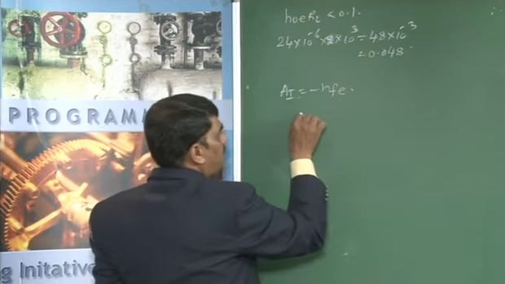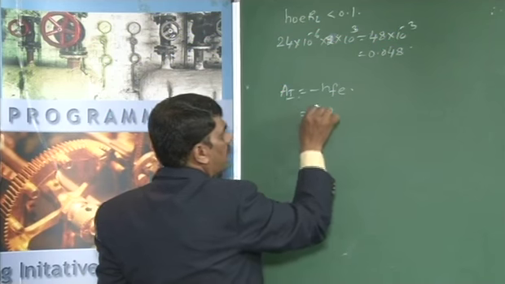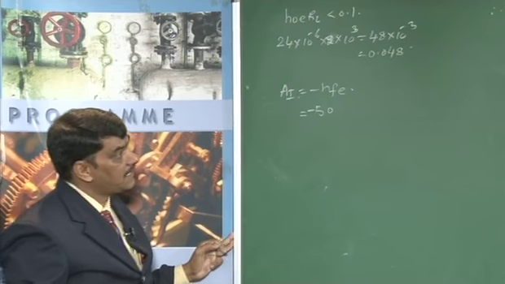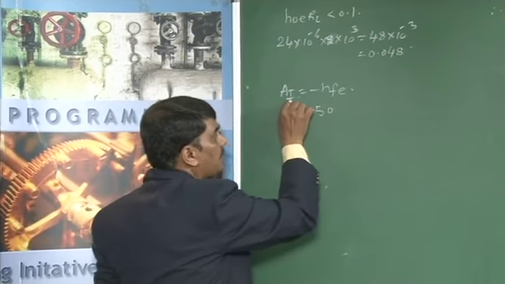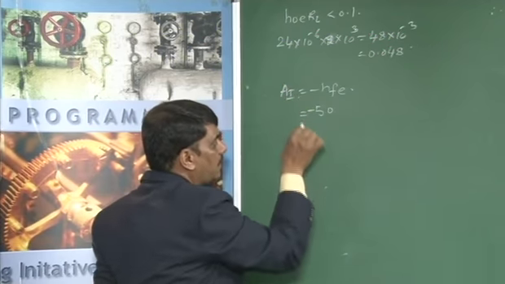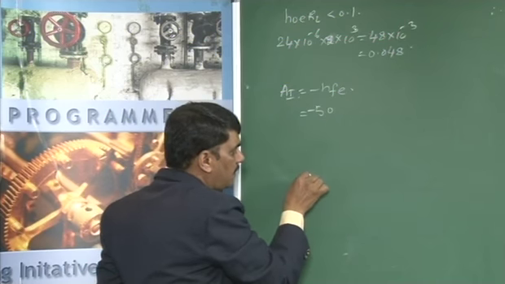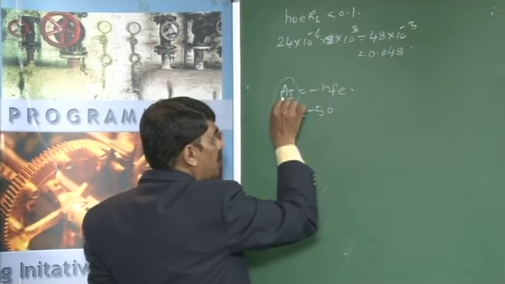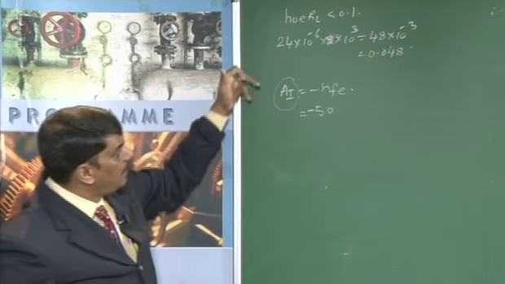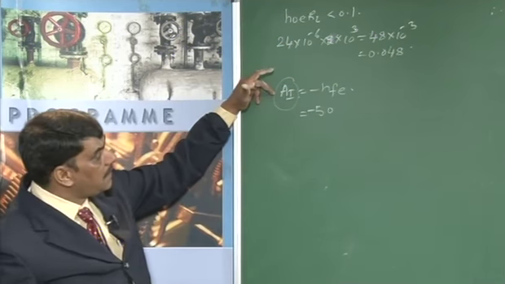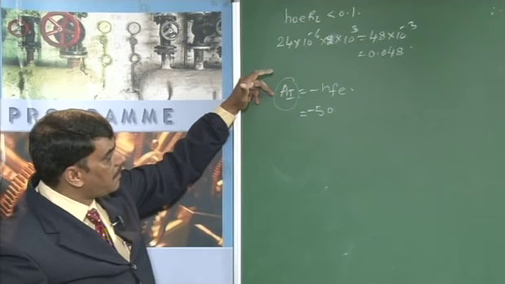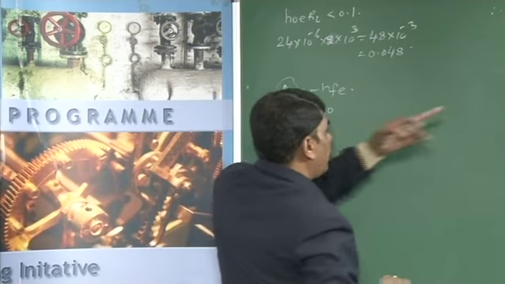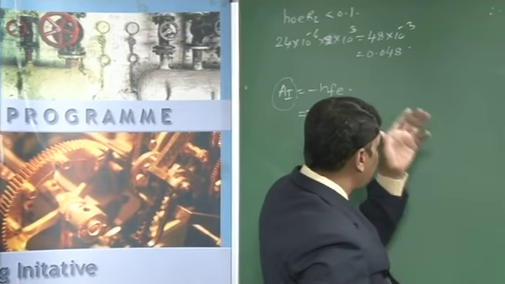Minus hfe, where hfe is given as 50. Now we have to determine the error between the exact analysis for this current gain, because using this current gain you are going to determine the voltage gain, input impedance and the output impedance. Therefore, if that error is less than 10% for the input impedance, correspondingly the error for the other parameters is also less than 10%. For this case, AI from the exact analysis is